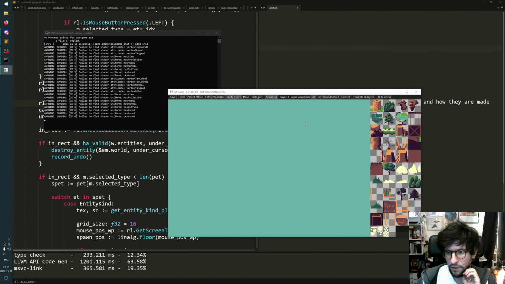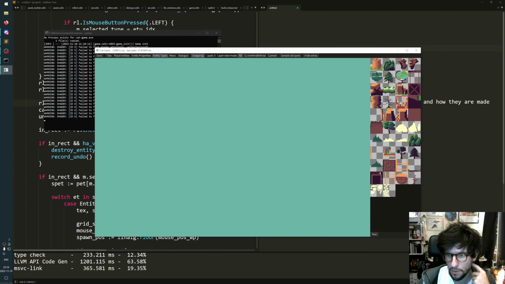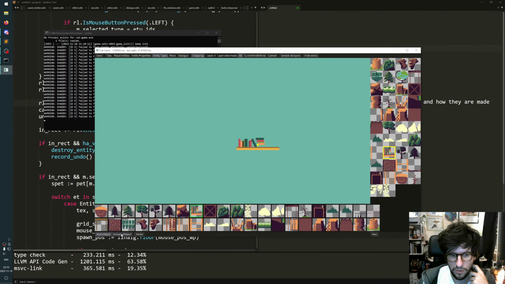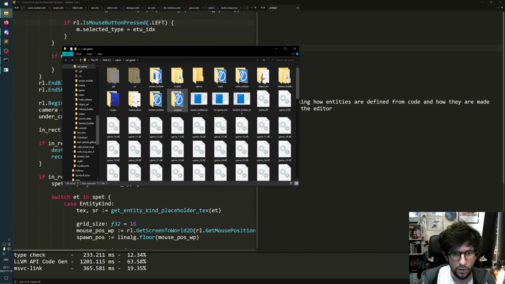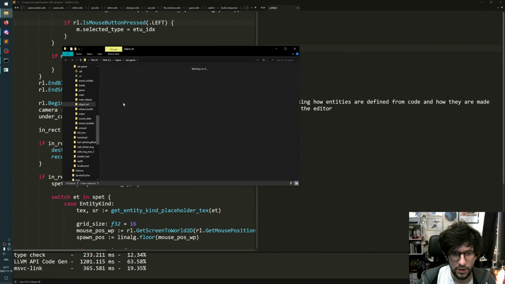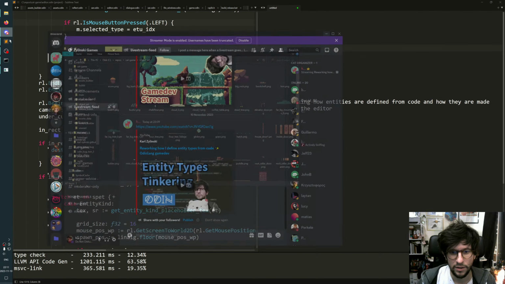Some of these are defined from this tab. Make this a tiny bit bigger. Some of these are defined from this tab, but these are mostly static objects and animated objects. I have a folder where I read in some, I can show that folder actually. There's this folder with just a bunch of graphics called object art, and anything that ends up in here